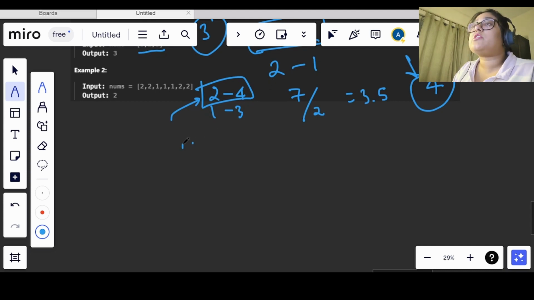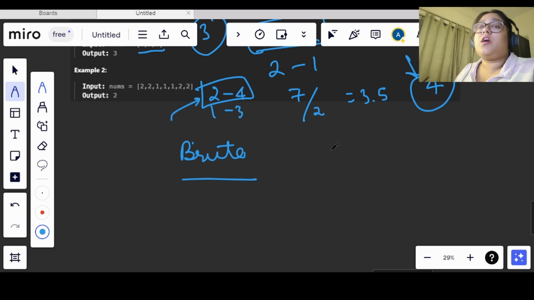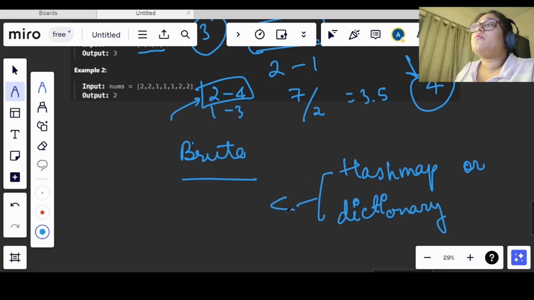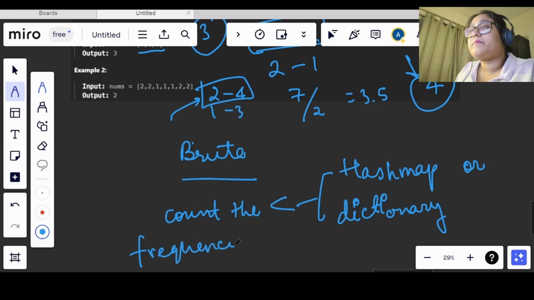The brute force approach, the easiest approach that comes to our mind, is this: since we have the frequent occurrences of integers, we can take a hash map or dictionary, and we can simply count the frequency of elements and store it.